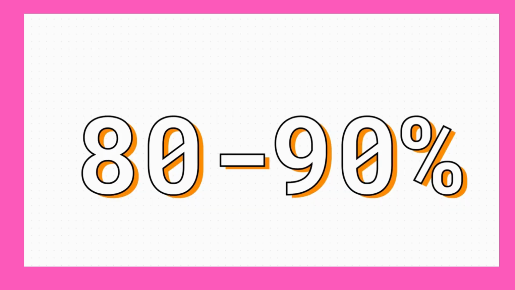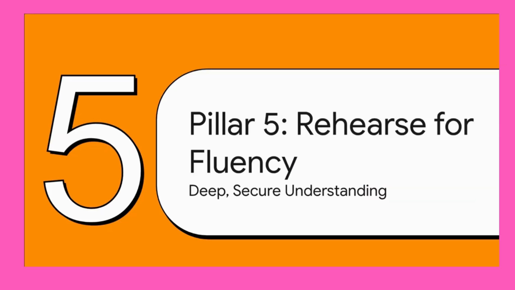And here's the number to keep in your head, 80 to 90%. When students are practicing something, they should be getting it right about 80 to 90% of the time. If the success rate is lower than that, it's not a sign that the students are failing. It's a sign that more teaching is needed before we ask them to practice on their own. And that idea of successful practice leads us directly into our final pillar, which is all about the power of